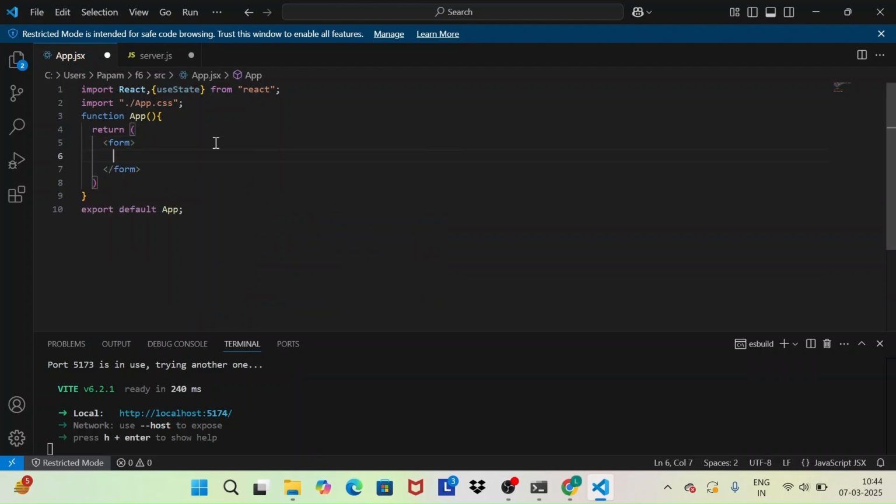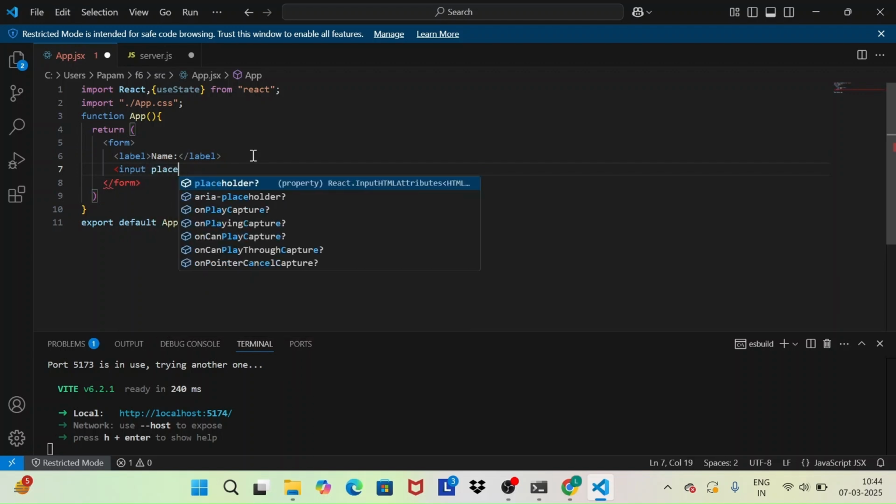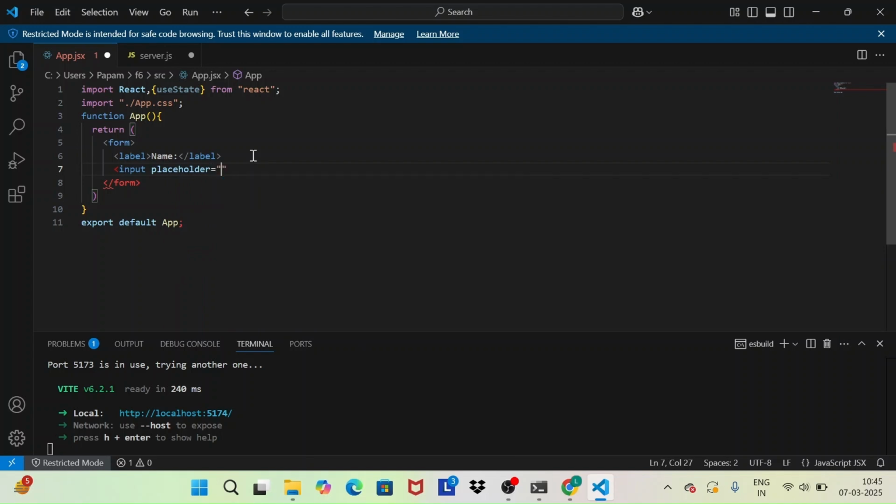In this, I'm going to take a label as first name, and I'm going to take an input. I'm going to add the placeholder as empty. I'm going to enter the data type as text,